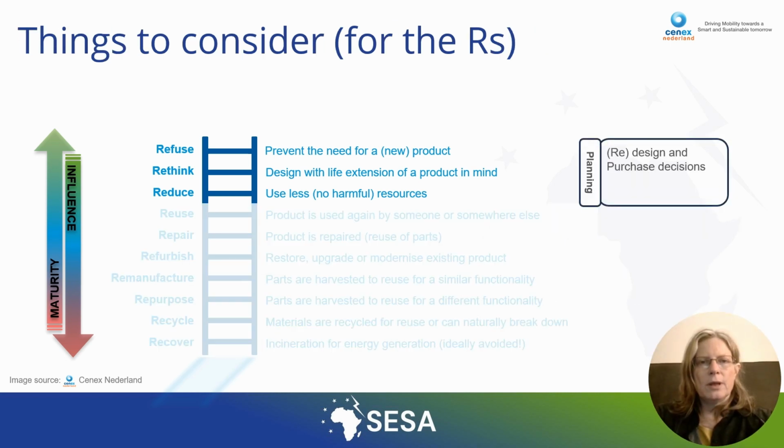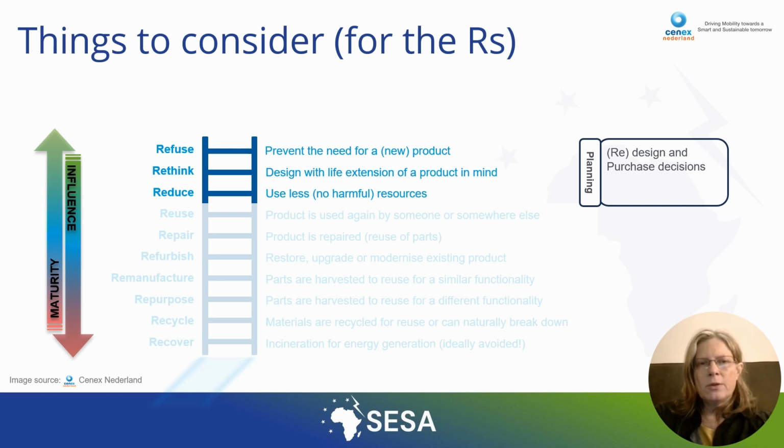We can roughly divide the ladder in three clusters. At this first stage, considerations are made for how the product is designed. Whether you just purchase or remake the battery system, the choices you make here influence the options in the other R steps. What are feasible actions or goals, and how these can be realized, your strategy. Once you have formulated these, you can focus on which criteria are important to adopt.